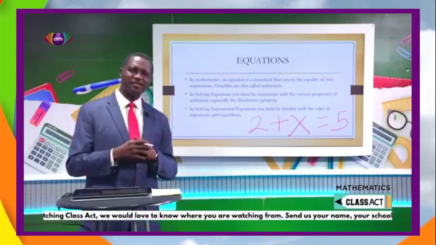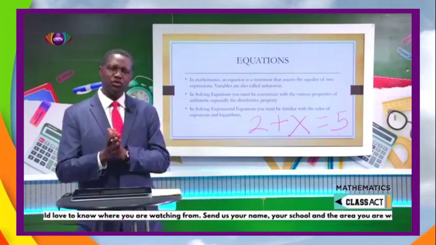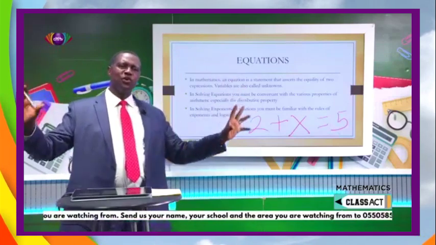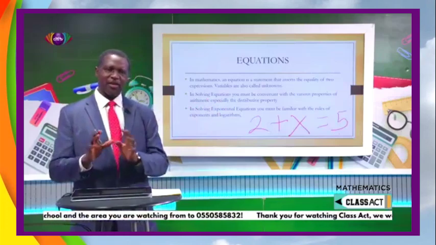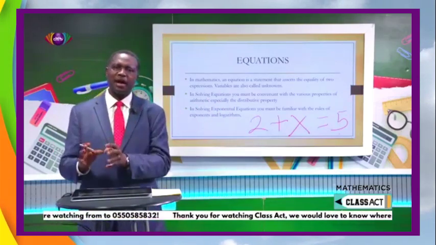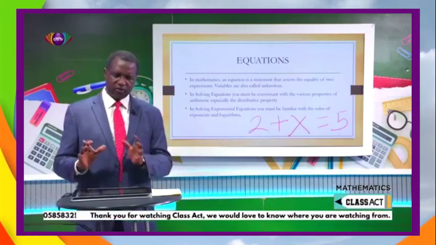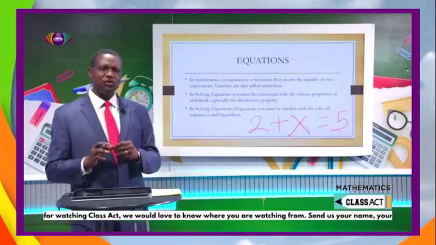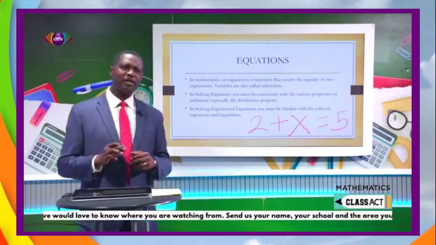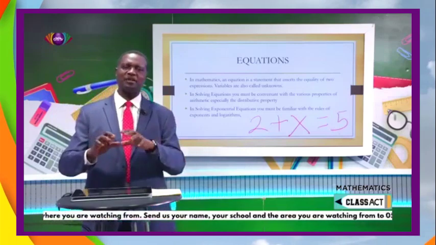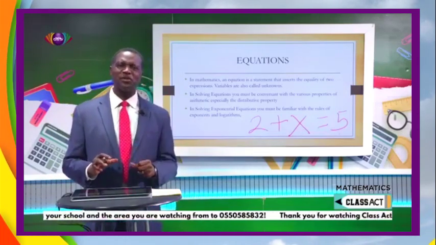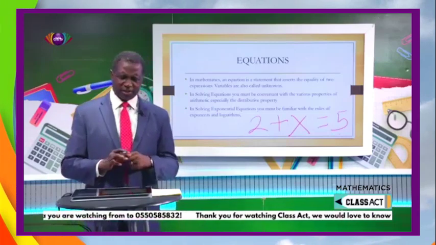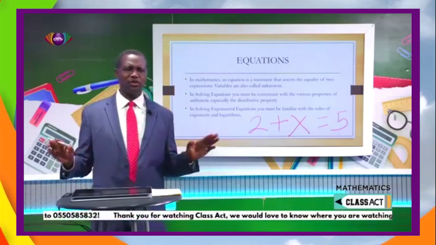All that we are saying is this. If you add 2 to a certain unknown number, and inside of the box now we are saying x, to a certain unknown number called x, you should get 5. Then you, because it's algebra, you have forgotten about the box that your teacher used to draw, and then you'll be scratching your head and say, oh, this is so difficult. What is x?